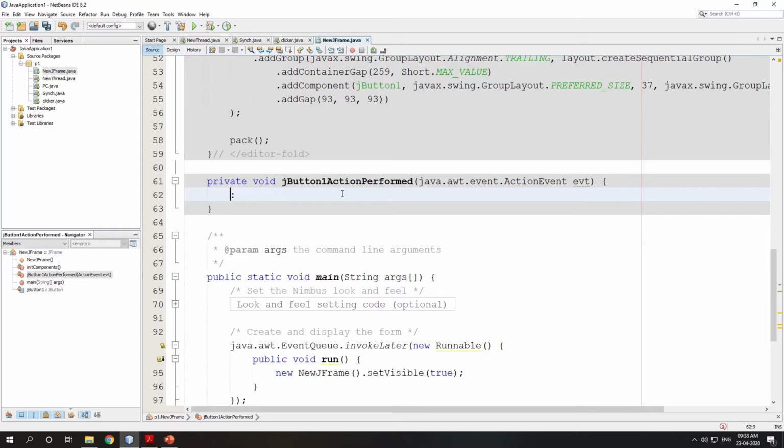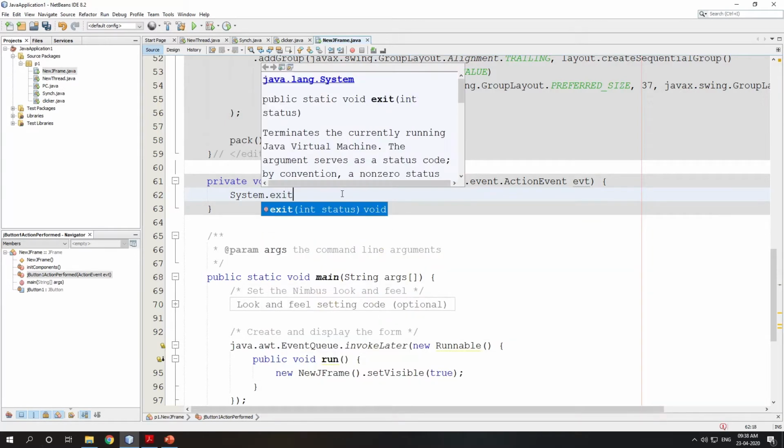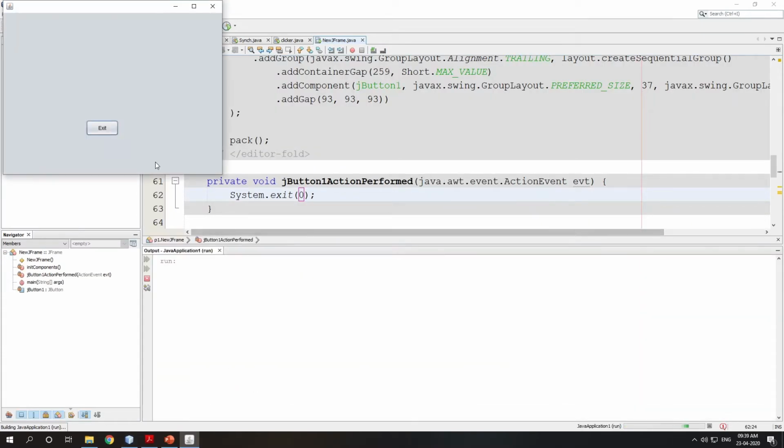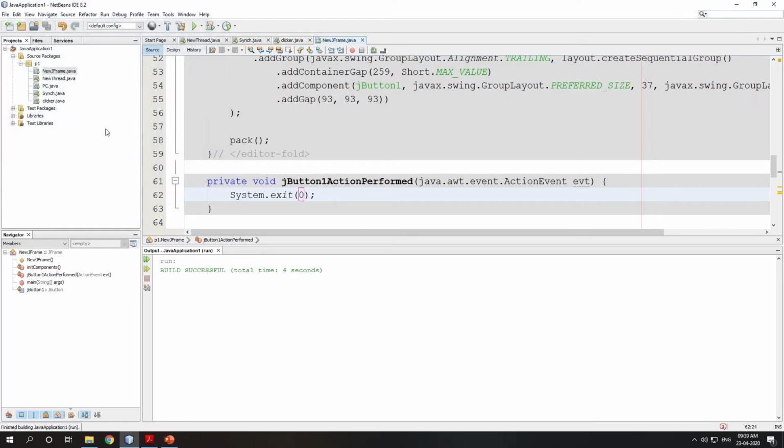I am writing System.exit(0). Previously it was not interacting, it was not responding to us. Now it will respond. We have an exit button, and when I click it, the window will be closed, right?